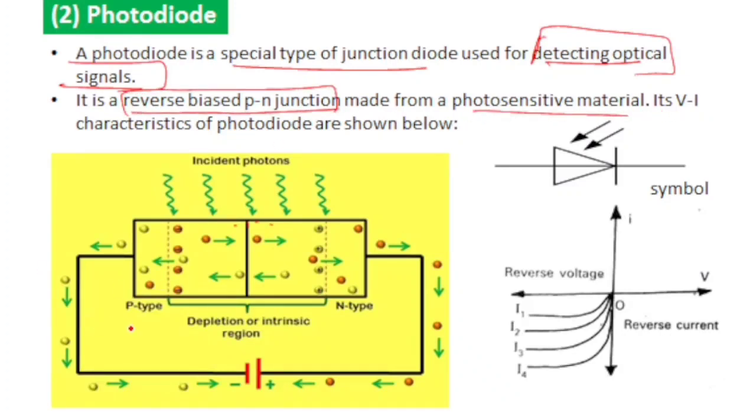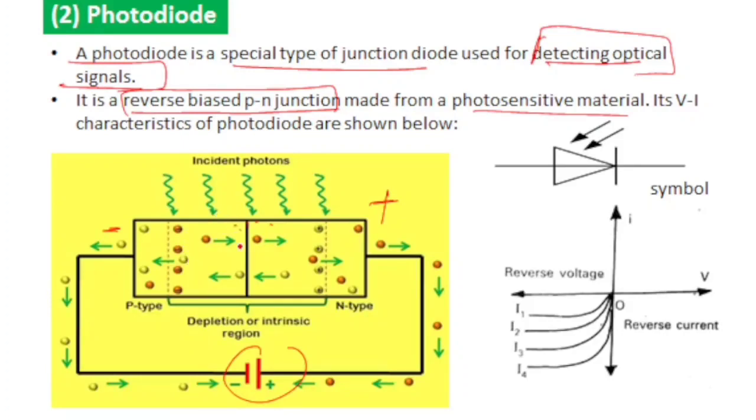This is the circuit diagram of photodiode. This is a PN junction. It is connected in reverse biasing condition. This P is connected to the negative terminal of the battery and N is connected to the positive terminal, it means reverse biasing is there. Now what happens when light of suitable frequency falls near the PN junction,